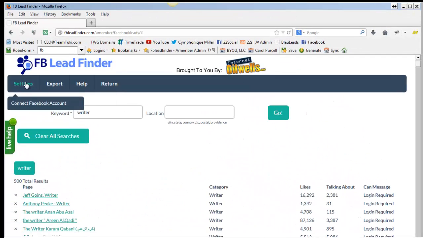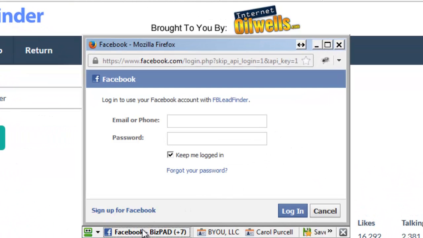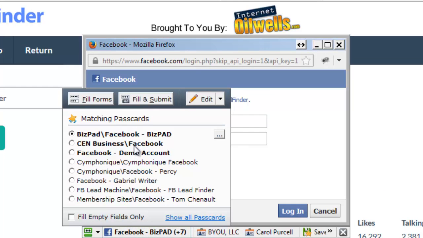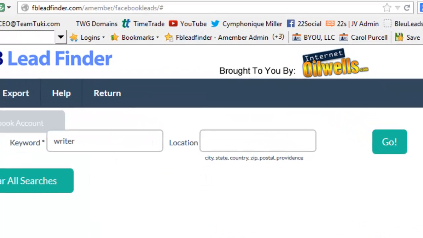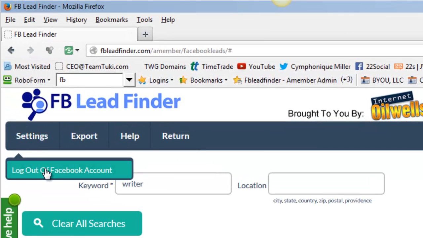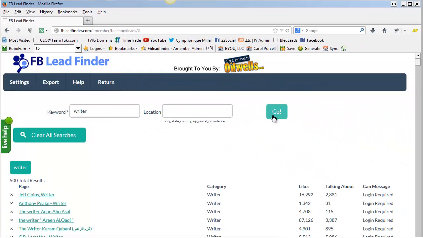So now I'm just going to go up here to settings. I'm going to click connect to Facebook account. It's going to bring up this little window, and I'm going to use my RoboForm to connect to Facebook. You put in your information, you log into Facebook. Now we're logged into Facebook, and this now says log out of Facebook. Now if I hit the same exact search and hit go,